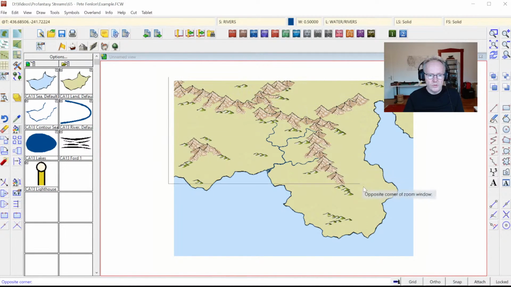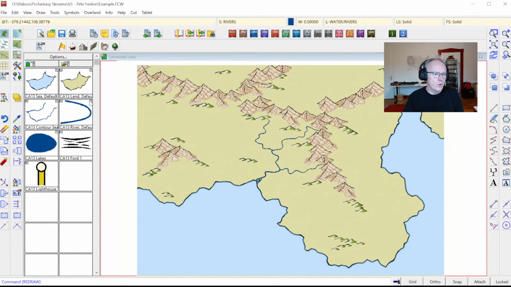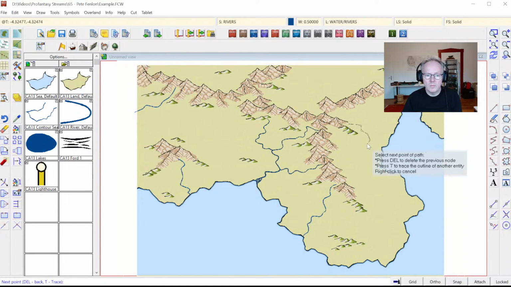Okay, so we've got our first river down. Let's add a few more. Take the default river tool. This will be the one we've drawn, let's say it's the main river on our map, and then just add a few smaller ones. Here we go. What you can always take into account is